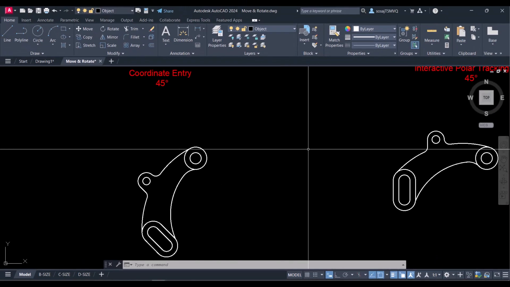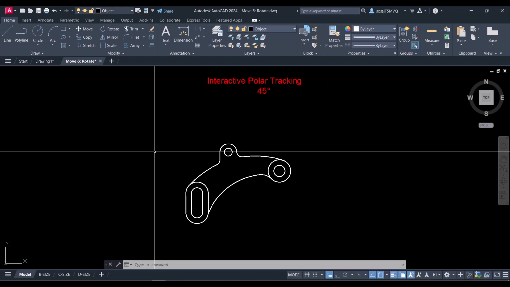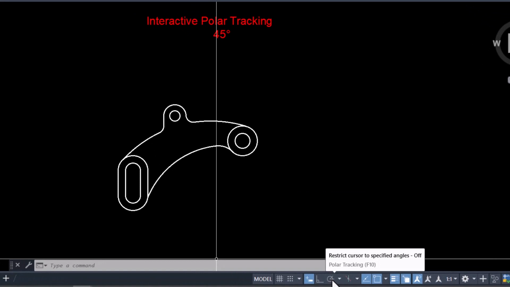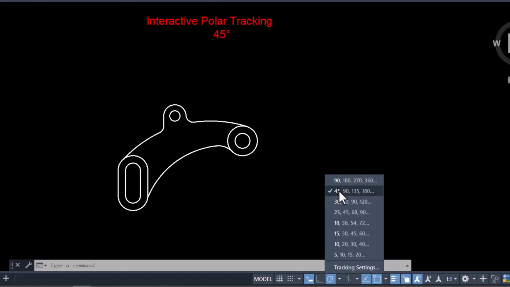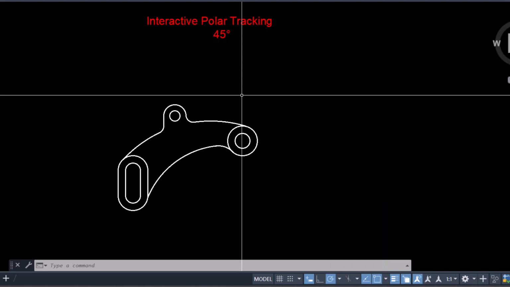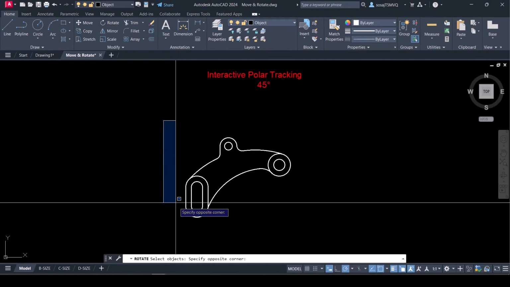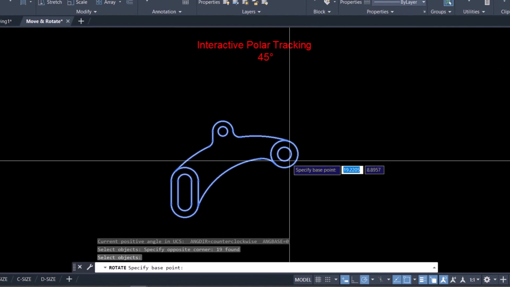Now in the second example, instead of entering the value, you could use polar tracking. Let's say I want to use the option where the angle is 45 degrees, which is the one that is pre-selected. So instead of entering the value, I'm going to use polar tracking for my rotation angle. Let's start the command again. Click on the rotate icon, select all the objects, press enter to finish the selection, select the base point,